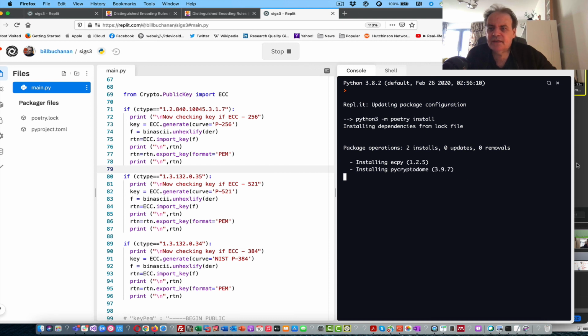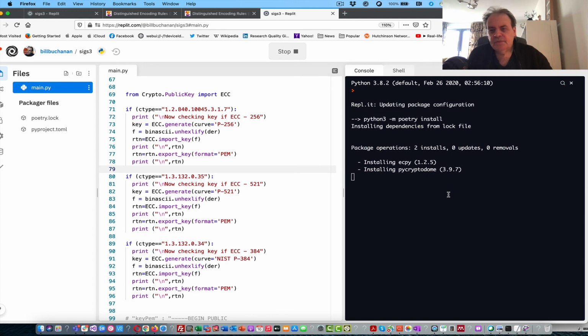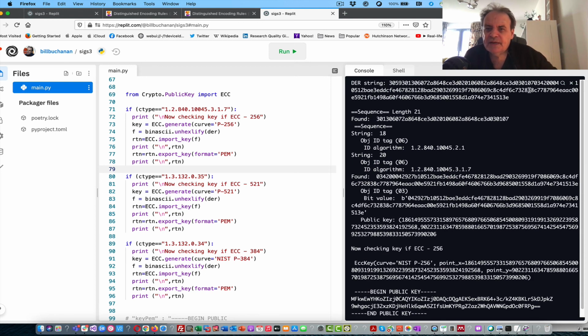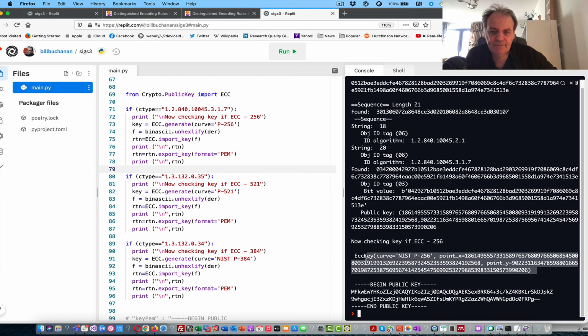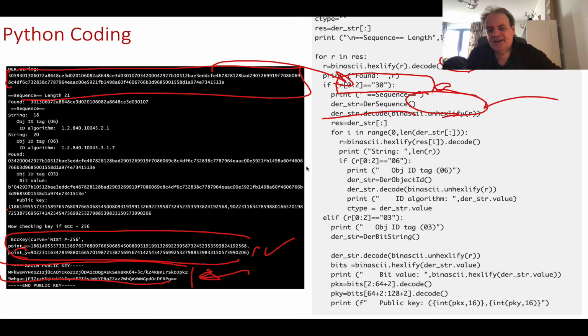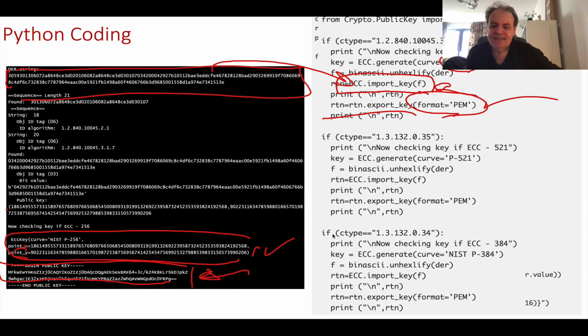So we'll just give that a little run just to see if it's running. Okay. So PyCryptodome is the Python library that we're using. So there's a string, there's the tags being identified, we import in there, and then everything is fine for that. Okay, so that's been a quick overview of PEM and the DER format.